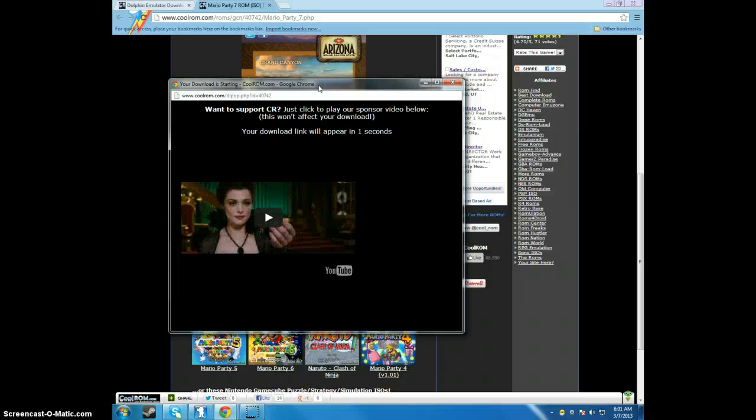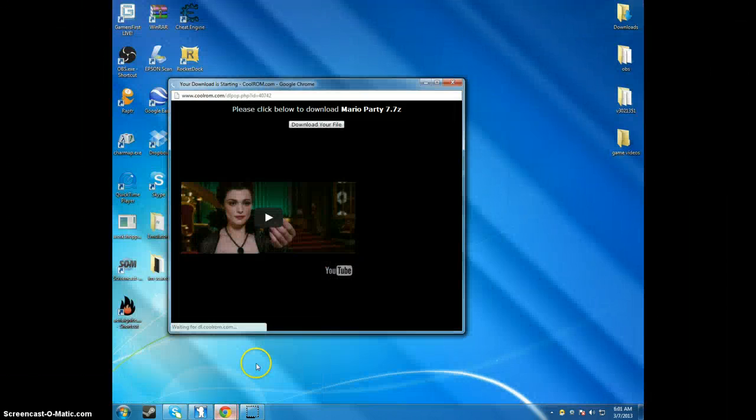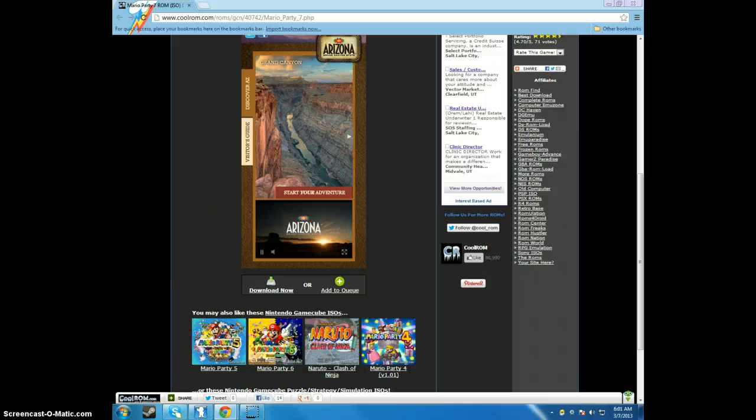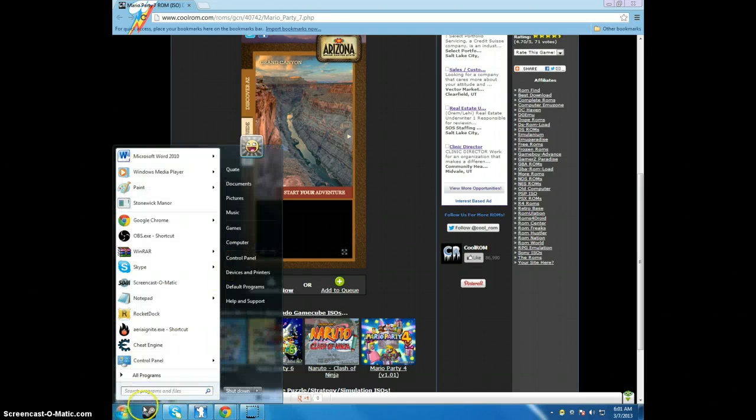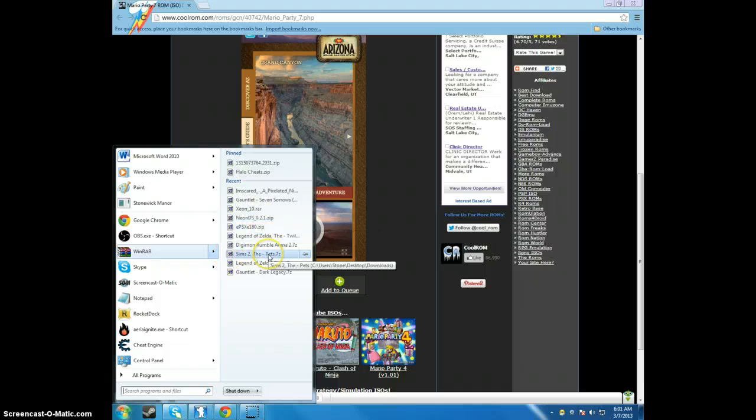It pops up in a WinRAR folder thing. It just pops up as one of those. Sometimes when you click the download thing, it won't work. But when you do click it, you'll get a WinRAR folder, and it'll have like your,